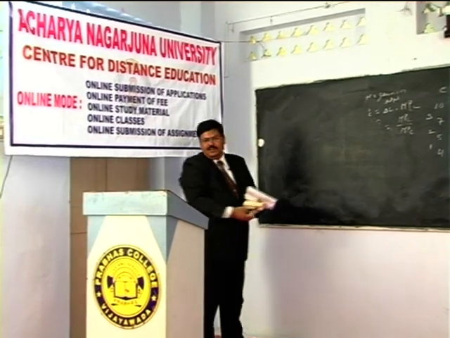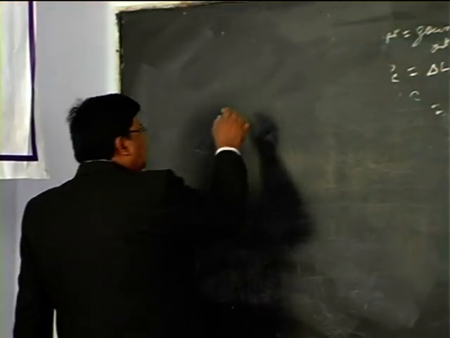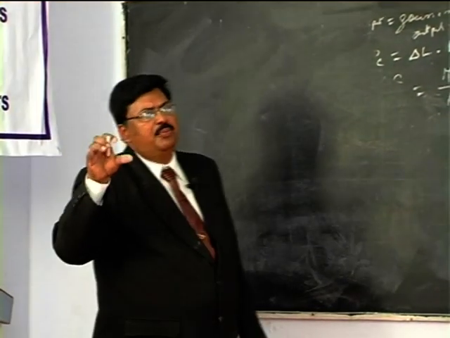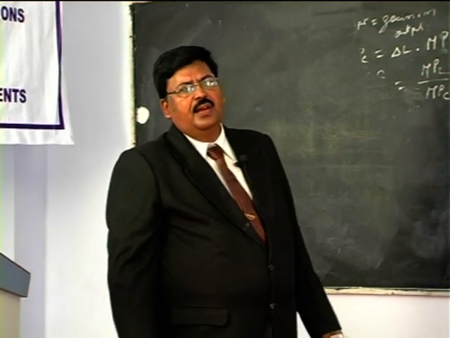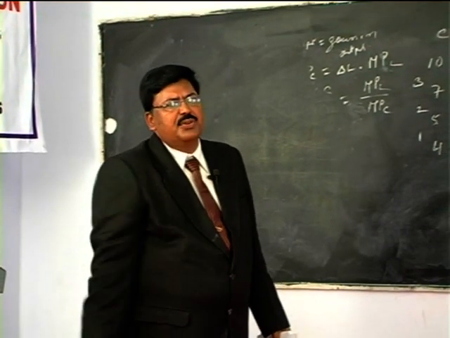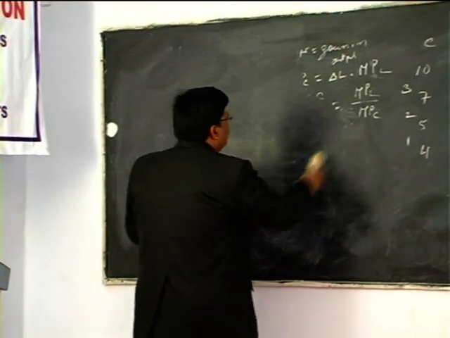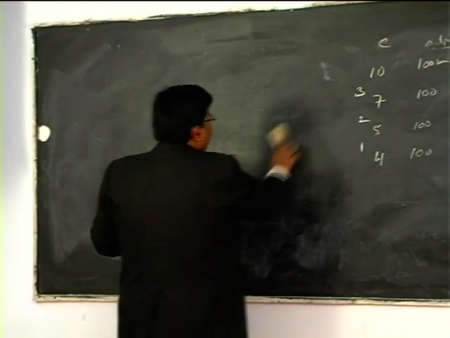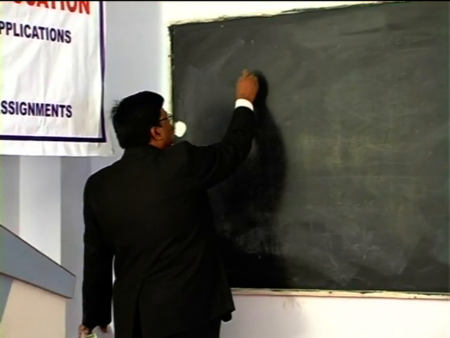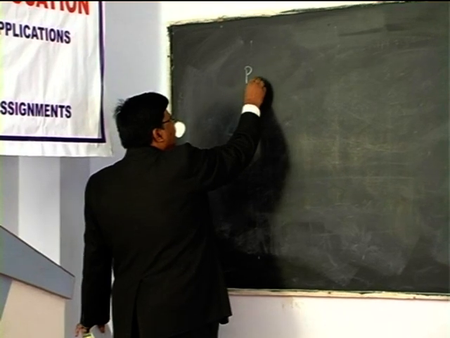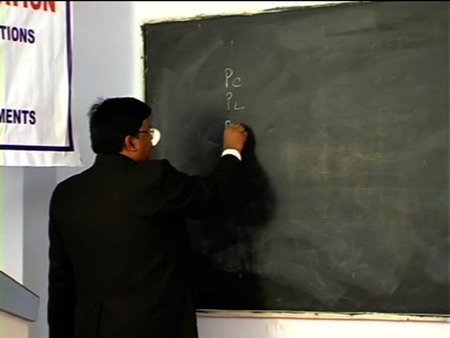And let us develop the second tool, that is iso cost lines. To decide the optimum quantity of input usage, what is the best input combination? Or what is the least cost combination of inputs? That is the purpose of our discussion. And the least cost combination of inputs can be decided with the help of two tools. One is the isoquant and the second tool is the iso cost line. So we need two pieces of information: price of capital, price of labor, and the budget.